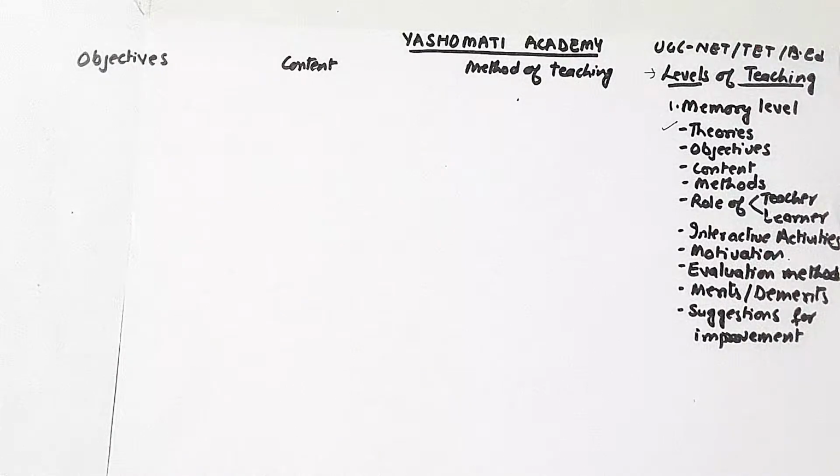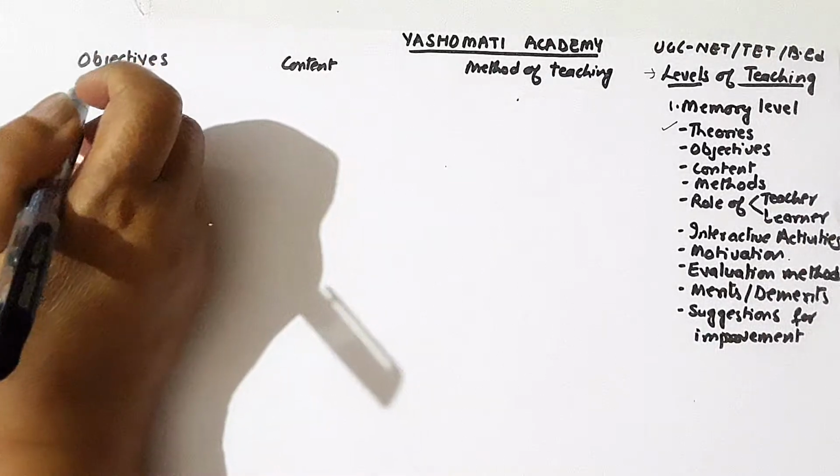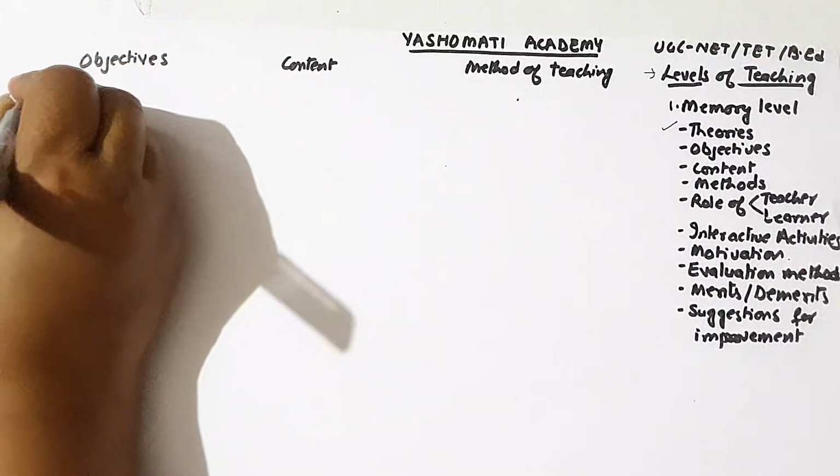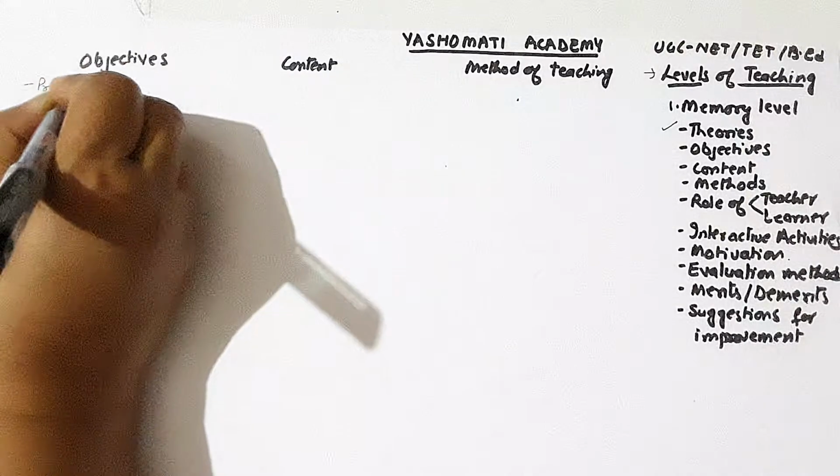So all these things are related to the work which has been done in the past. So before starting with the new content, we want to make the learner familiar with the knowledge which is already present. So when our objective is related to providing information,